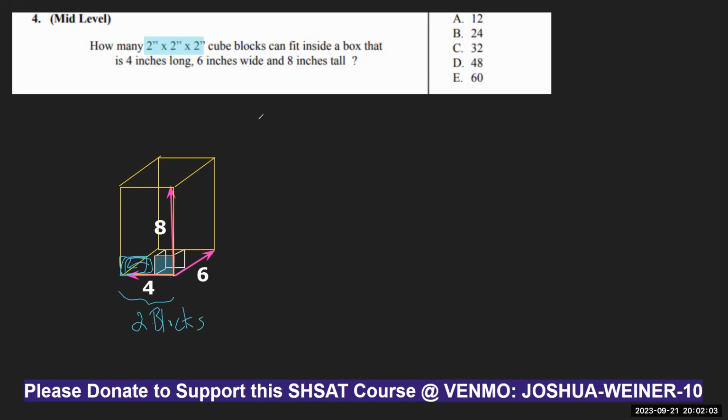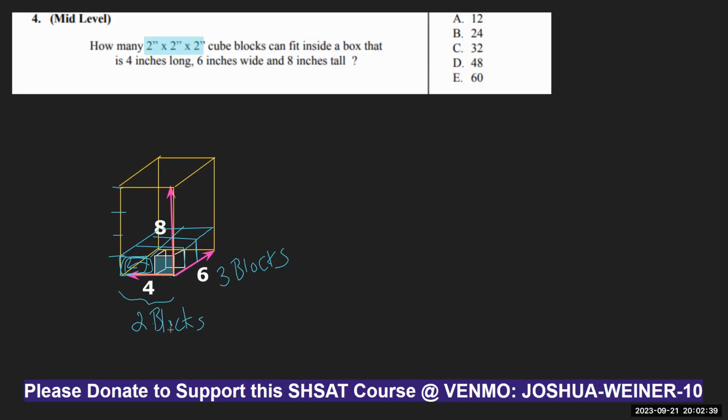And then along this side, we could fit in 3 because they're 2 each. So 3 blocks. So maybe I'll just draw the bottom set of blocks if we were to pack them like we're packing a storage box. It's not really drawn to scale because this isn't on like a 3D calculator, but you get the idea. 6 of the blocks would be packed on the first layer, and that would be at a height 2. But then we're going to put a second layer of 6, a third layer of 6.